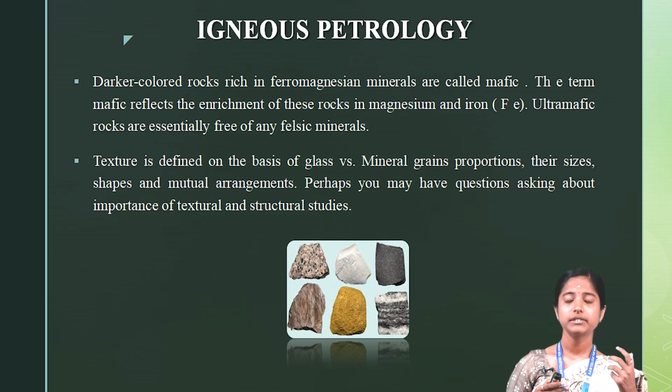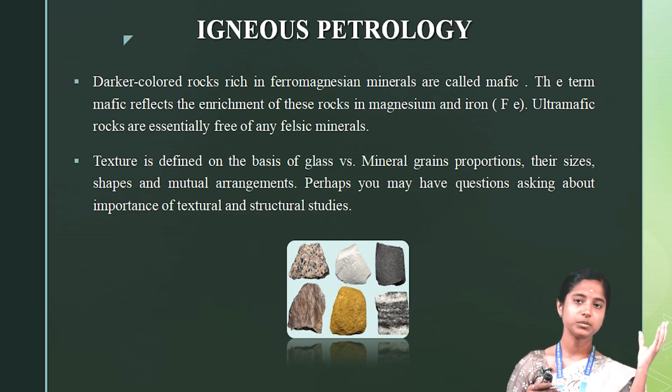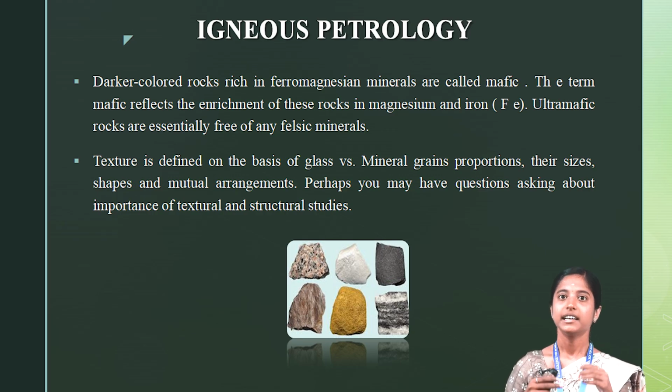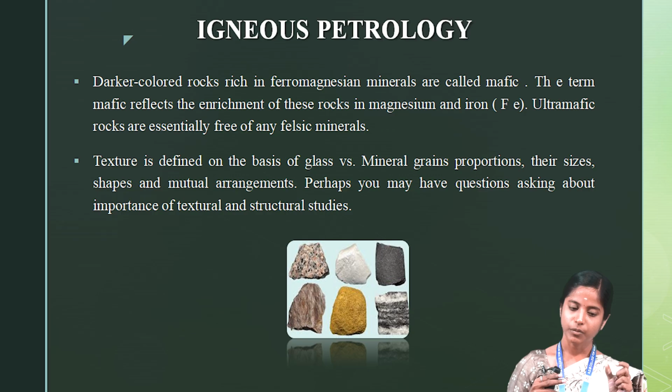Next, the dark color. First, we discussed the light colored minerals associated in the rocks that become a felsic rock. Granite is also an example. Next, we come to dark colored rocks. Okay, light colored minerals come under felsic. What about the dark colored rocks? Dark colored rocks are rich in ferromagnesian minerals, because the dark colors come from the magnesium and the iron content in them. Okay, the iron content and the magnesium together describe the rock's color. The iron and the magnesium are both dark colored minerals. That's why the rocks come under dark color.